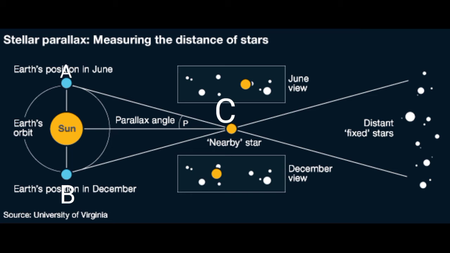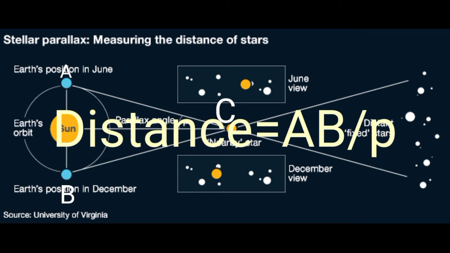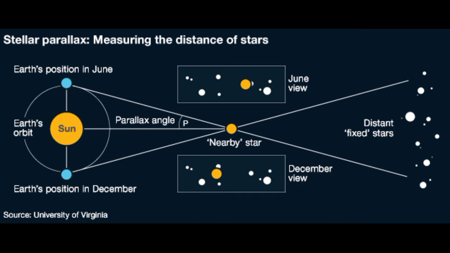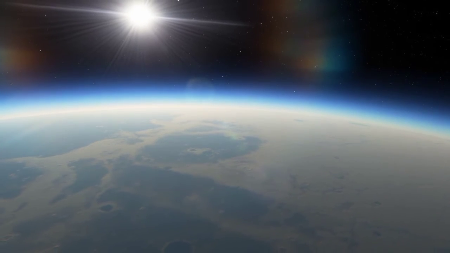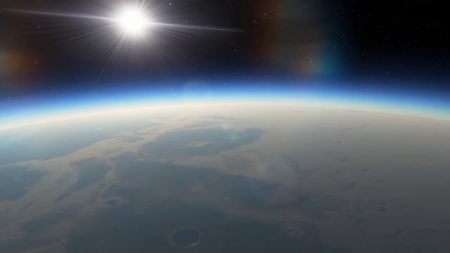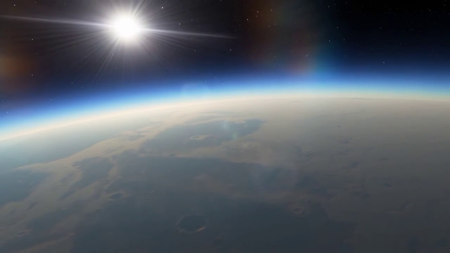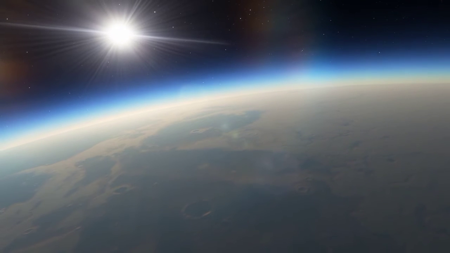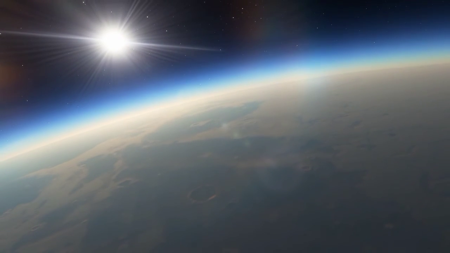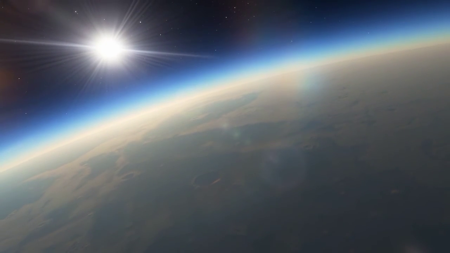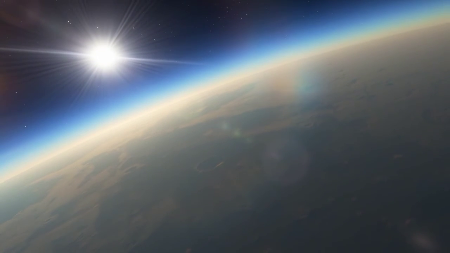In this triangle, AB bar is the base of the triangle and the angle theta is the change of the position of the star when observed from two distinct points. By using this formula, we can calculate the accurate distance of the star from our solar system. Don't think that it's too easy to calculate the distance of stars by looking at the formula, because the units and measurements for the stellar parallax are different and more complex. It needs a lot of patience and focus to do.